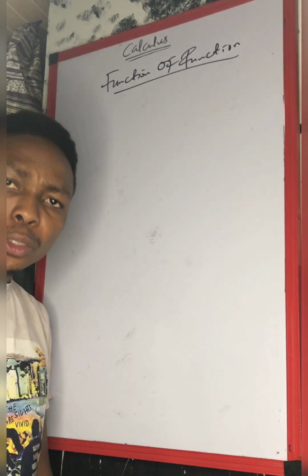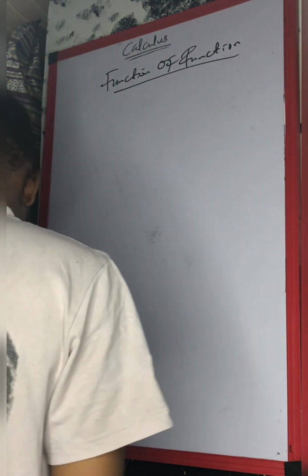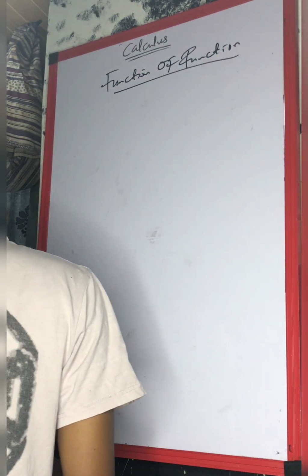All right, so you are welcome back. So this time around we are going to look into the function of a function, also known as the composite rule, or you can also call it the chain rule. In function of a function,